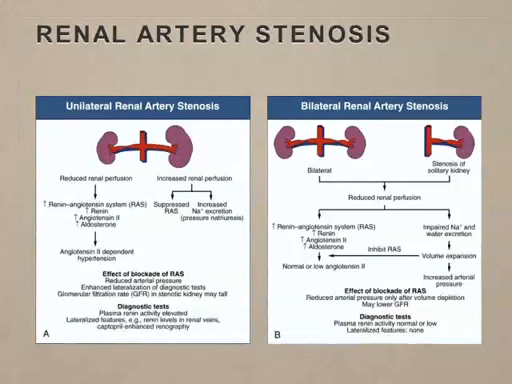The right side obviously will have a suppressed RAS system, and then also what happens on the right side of the kidney, since it's still all intact, the ability of it to secrete the fluid and the sodium will help